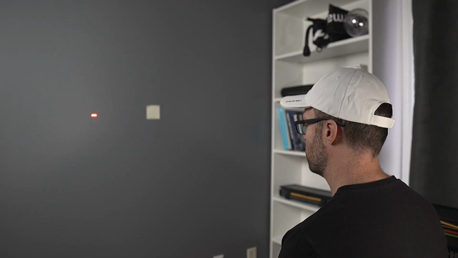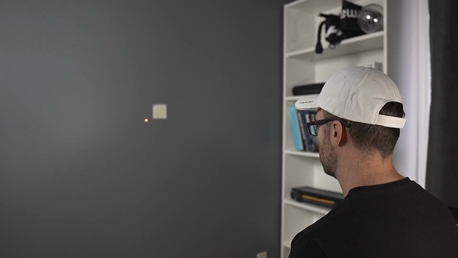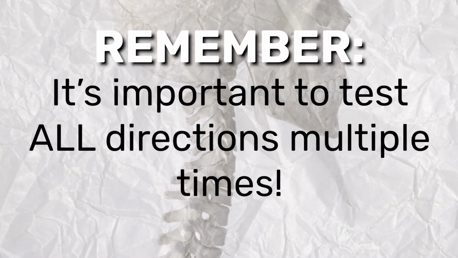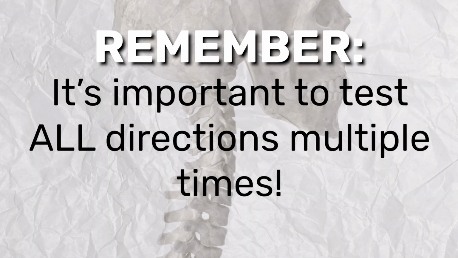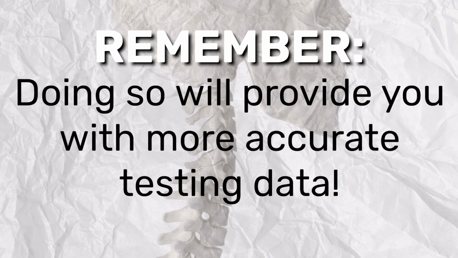And the neck movements to test out here can be left rotation, right rotation, up, down, or even diagonal. And whichever movements you test, you want to test them repeatedly, since testing a movement multiple times will help to establish consistent patterns or trends with how poor or accurate an individual's cervical proprioception is. Testing each type of neck movement and direction can reveal some helpful information regarding which aspects of cervical proprioception may